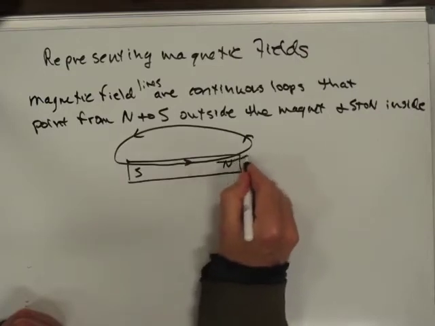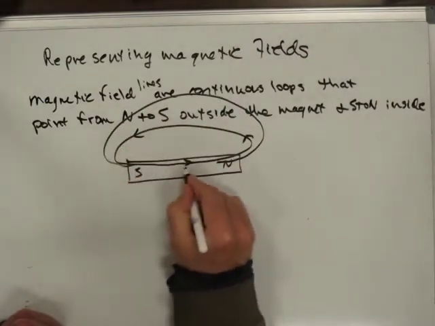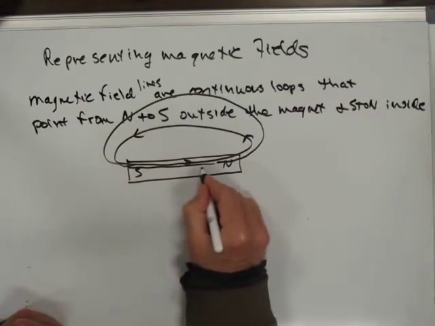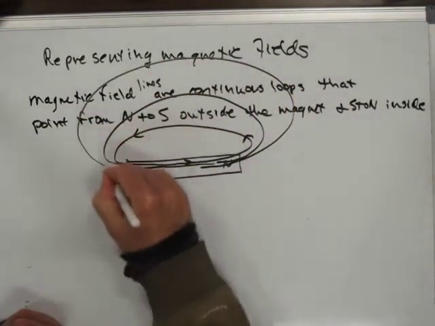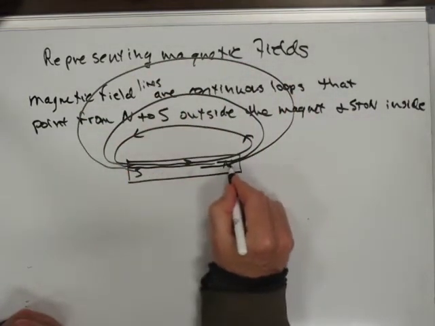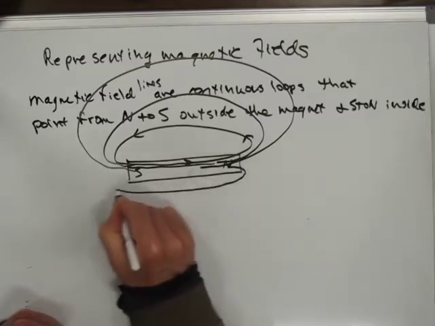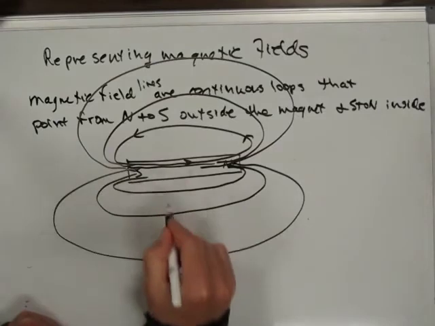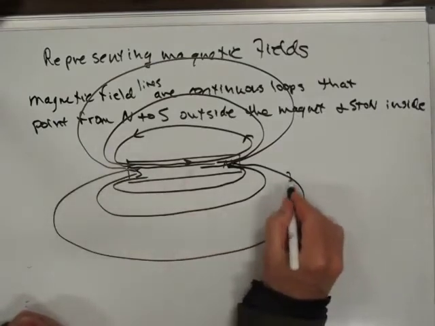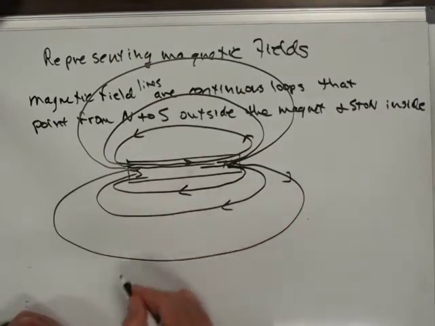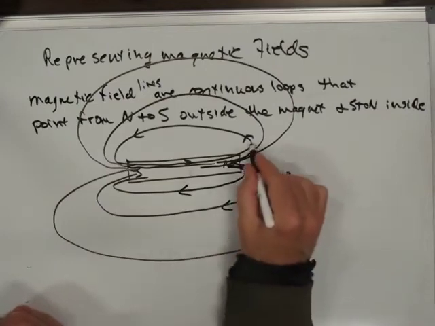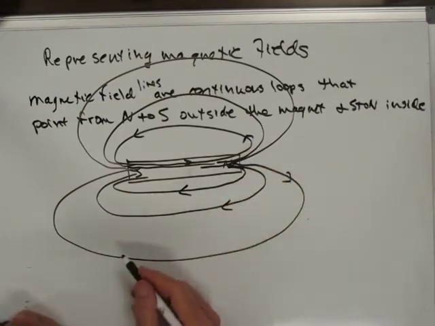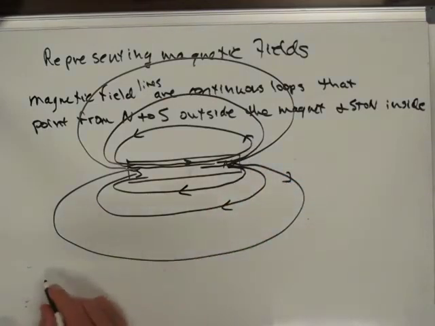And so you'd have that, and then that would come around, and that, and then you'd have this guy somehow like that, like that, and like that, and so these guys would all be pointing this way, and so you can see your field is strongest where the lines are densest. So this would be like 1, 2,